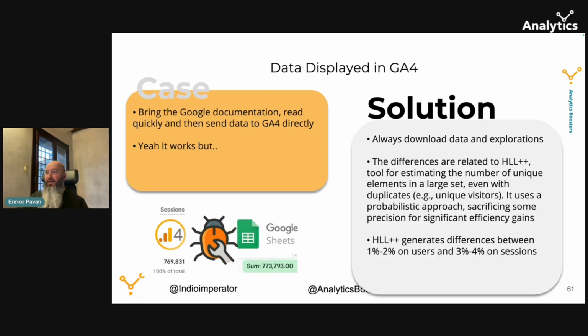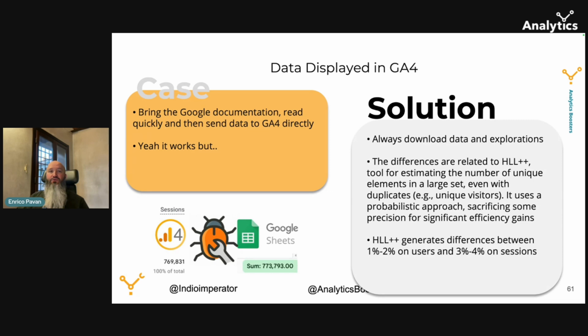And this is due to the fact that you always need to download data in exploration, because the difference is based and related to hyperlog++. That is a tool that is used for the estimation of the number of unique elements in a large data set. Like, for example, even with duplicates like unique visitors.